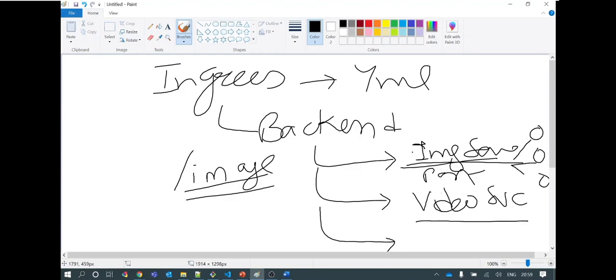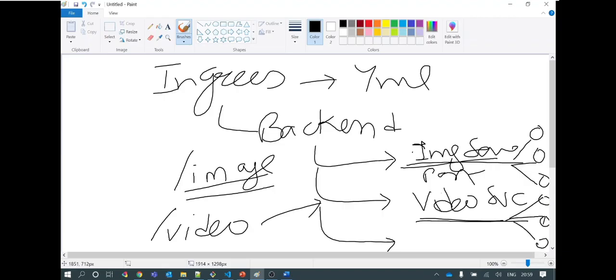This blue service is pointing to blue pods or image pods. If the URL has suffix as video, then it will go to this video service, which is already pointing to purple pods, and this way the purple pods will do the video processing and give the required results to the end user. So this is the way backend rules are helpful.